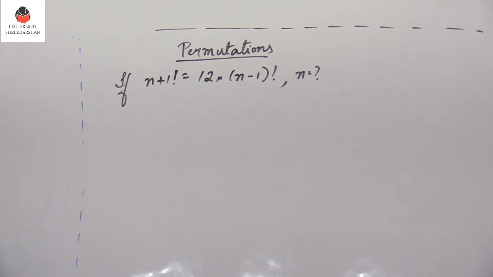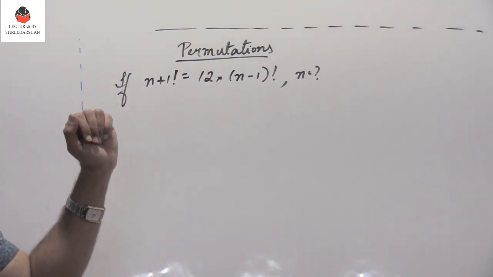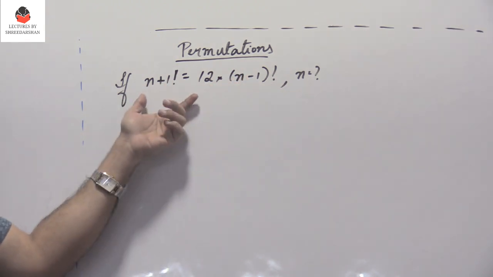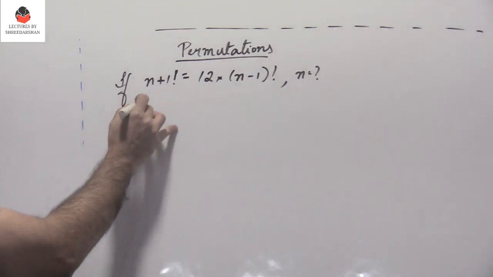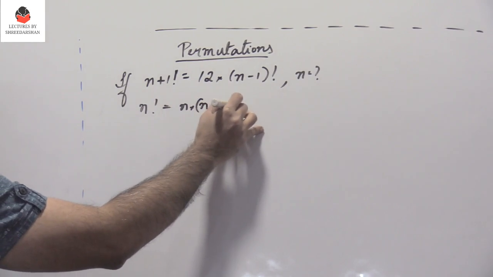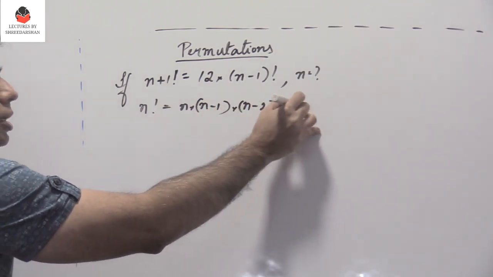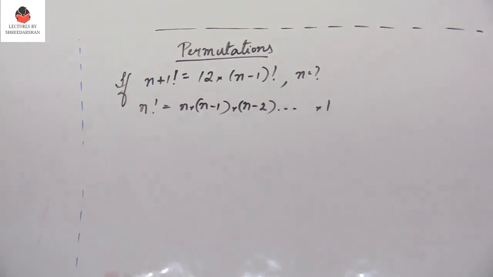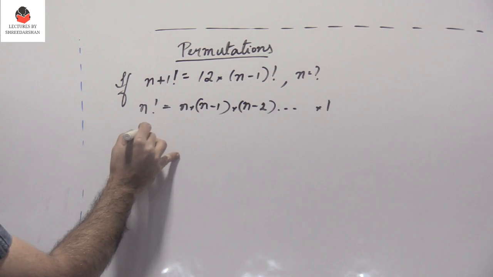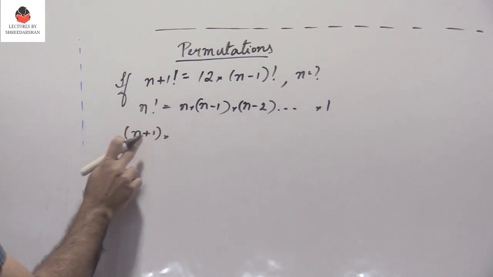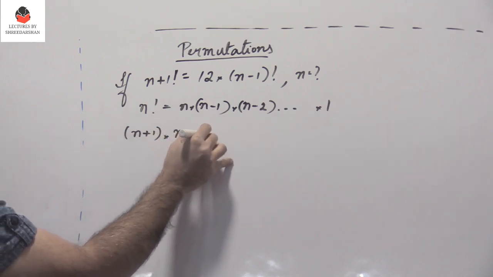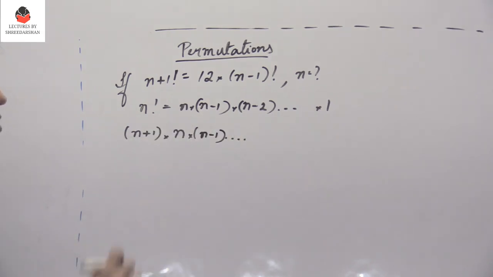Hello students, from the chapter Permutations, let us solve a few problems where you need to find n given the factorial. Now we know that n factorial is n into n minus 1 into n minus 2 and so on into 1. So if I have n plus 1 factorial, it means you have n plus 1 into n plus 1 minus 1, which is going to be n, into n minus 1 and so on